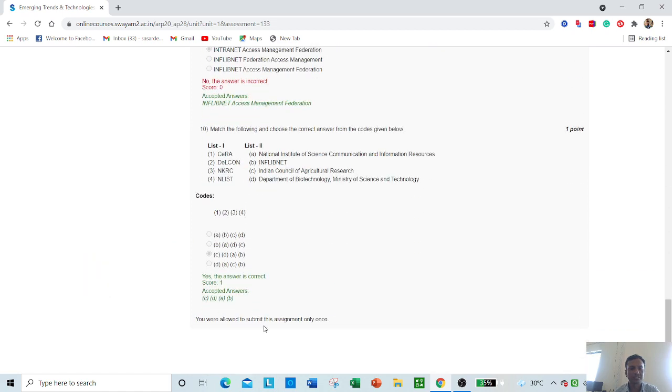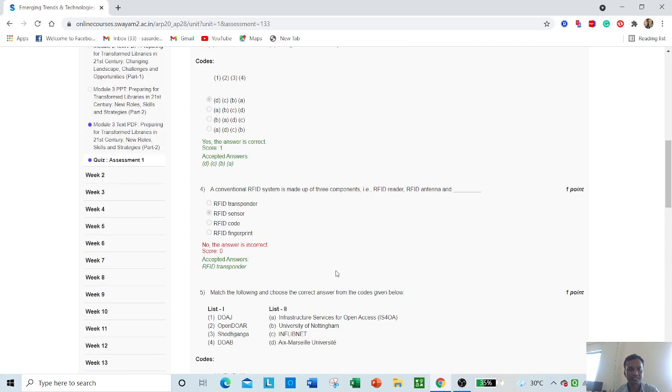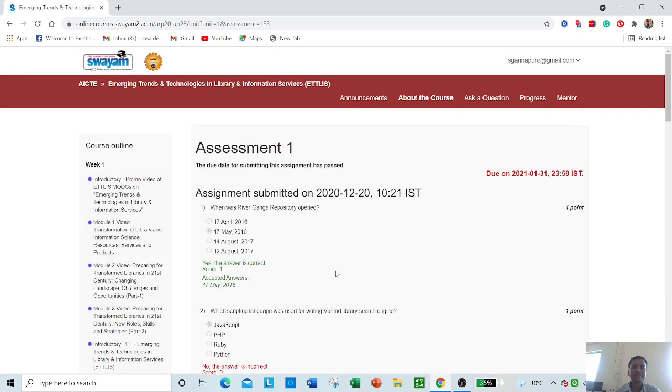Lastly you have to submit. The submit option will be available here, but now it is not available because I have completed it. In this way, the date on which you completed it and all this detail will appear here, and a mail will be sent to you after submission or with any instruction regarding it.